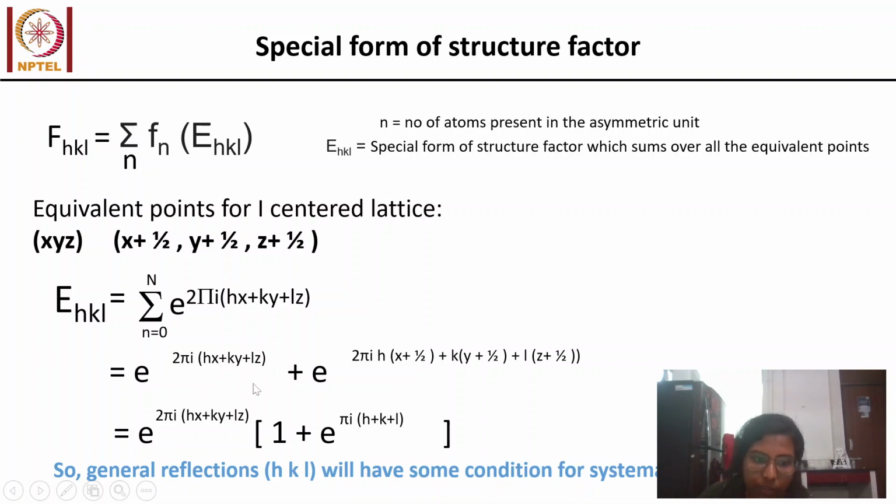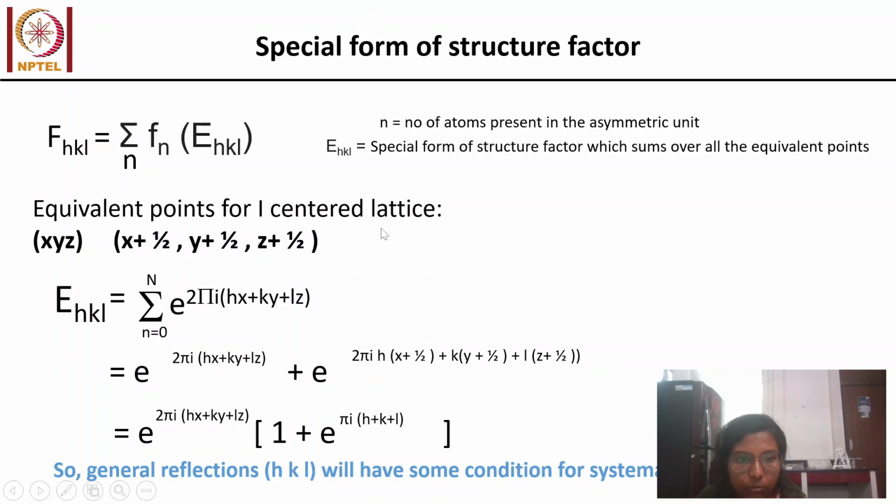Then what you are left with is 1 in the first part, and in the second part 2 pi i times h by 2, k by 2, l by 2. Again you can take the 2's out common, and the 2's cancel. What you are left with is e to the power pi i times h plus k plus l. So for this body centered lattice,